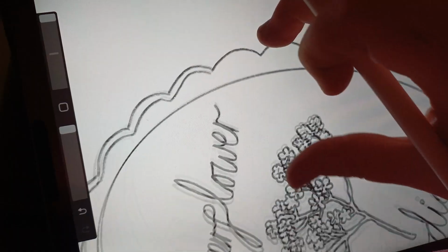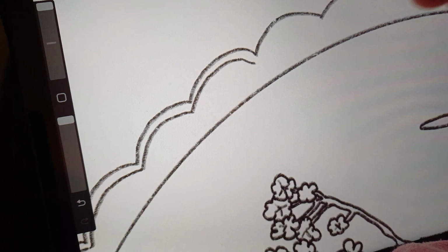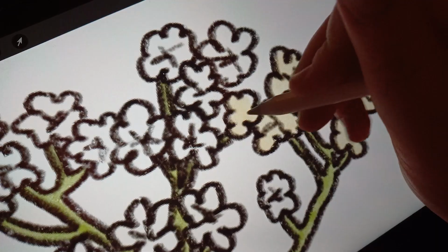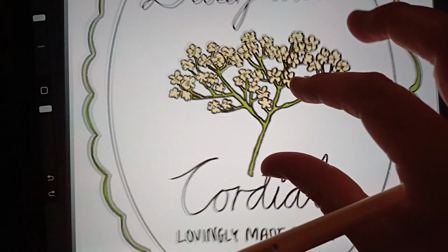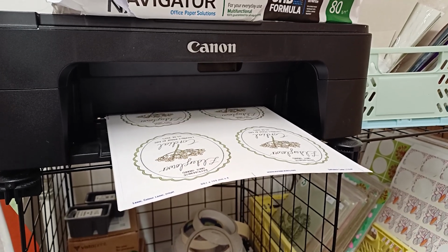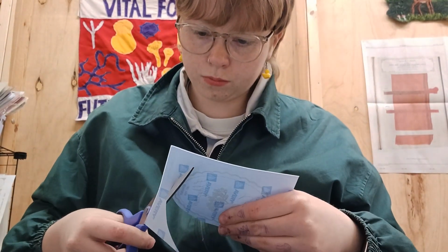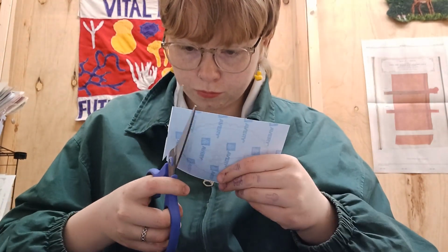And then it was time for me to make a cute little label for the jars because I was going to be giving away 2 of them to my teaching lecturers. I'm training to be a teacher at the moment, and I thought it would be a nice little gift for them as a token of my appreciation for the first year of my PGC, which is the qualification that I'm studying towards. So I headed to my studio, printed them out on some sticker paper before cutting them out, and I was really happy with how they looked. I'll definitely be using this design